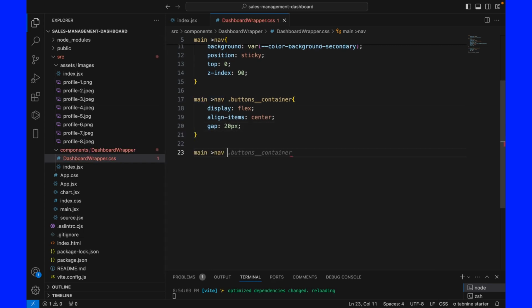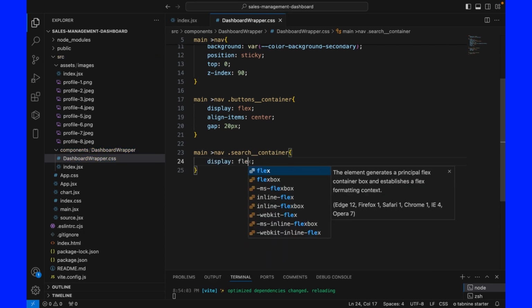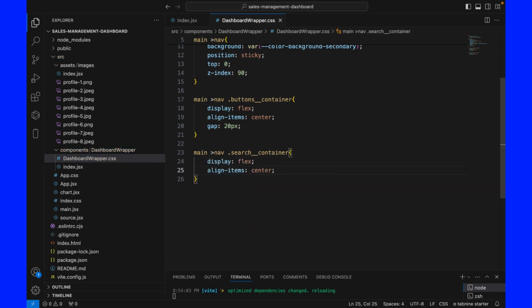Gap 20 pixel. Now let's see the search container. Let's display it flex, align the item to center, and give it a border of gray border. And also let's increase the border width to pixel. Give it a padding,